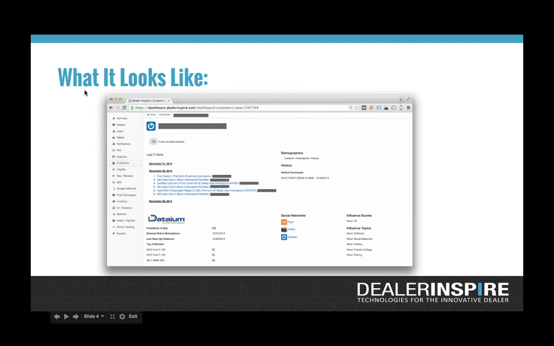So we're going to be able to see that information. And over time, if you expand all of the visits, you see, okay, they keep coming back to this Fusion, or they keep looking at the used inventory, or they keep looking at the specials, maybe they're looking for time changes or price changes, things like that. So that's all going to be within the Dealer Inspire site.